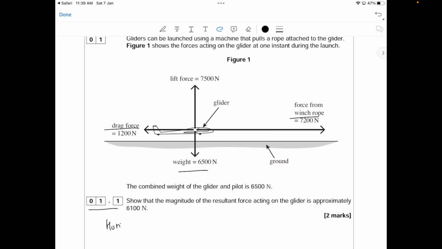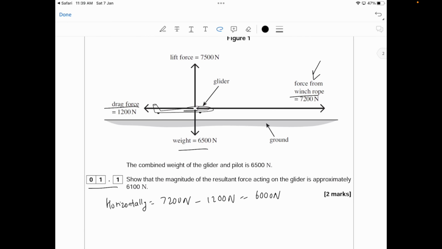So if you check it out horizontally, you have 7,200 newtons, which is the force from the winch rope minus the drag force, 1,200 newtons. So if you guys put this in your calculator, you're going to get 6,000 newtons moving to the right. Now we have to look at the vertical forces as well. So if we look vertically, you're going to do 7,500 newtons minus 6,500 newtons. Now if you plug these values into your calculator as well, you're going to get 1,000 newtons that's going to